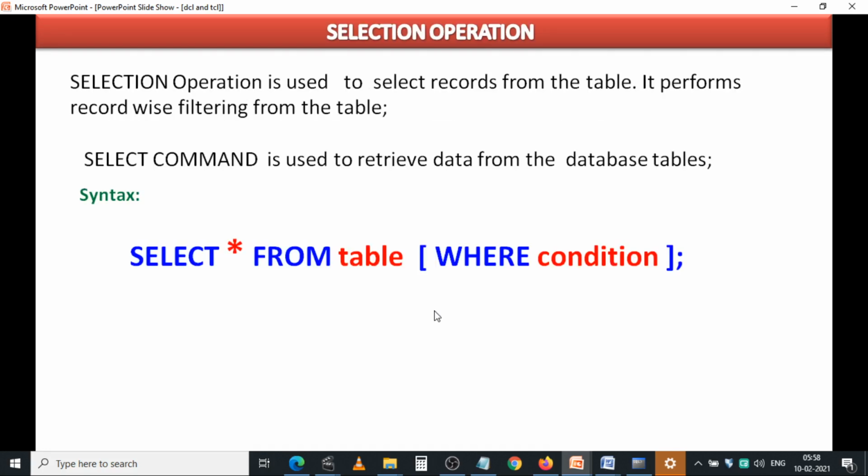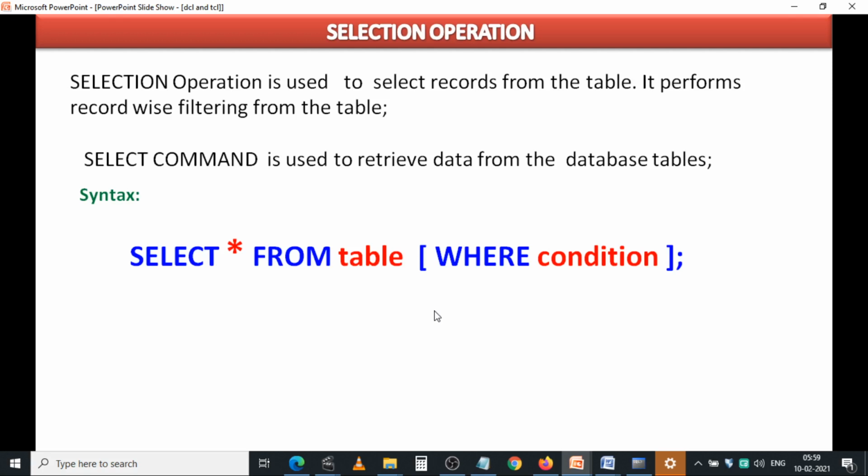Coming to the next operation, the selection operation. What is the selection operation? For the select command, I have already explained it thoroughly in DML commands. In your textbook, there are headings, selection and projection operation. For that, I'm repeating this topic here.